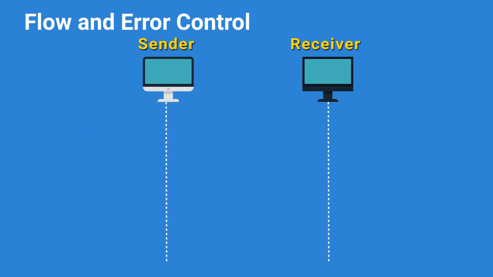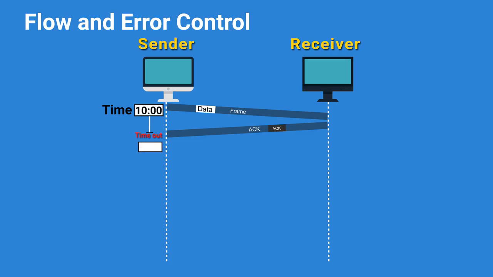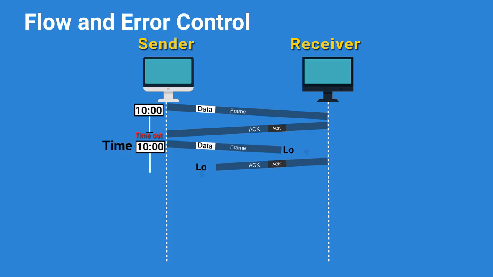This problem is solved by introducing timers into the data link layer. Whenever the sender transmits a frame, it also starts a timer. The timer expires after an interval that is long enough for the frame to reach the destination, be processed there, and have an acknowledgement transmitted back to the sender. If nothing goes wrong, the timer will be cancelled after the acknowledgement reaches the sender. If the frame or the ACK is lost in transit, the timer will expire, indicating the problem to the sender. The usual solution is to transmit the frame again.